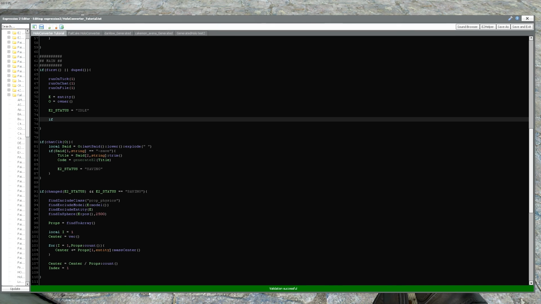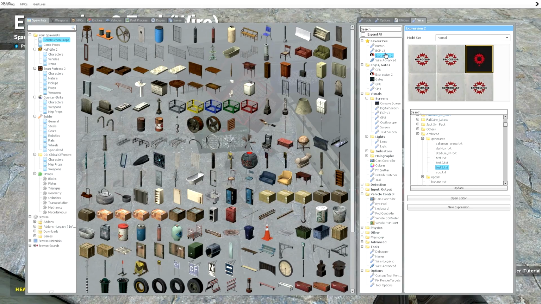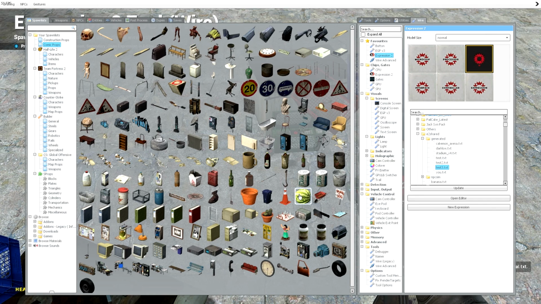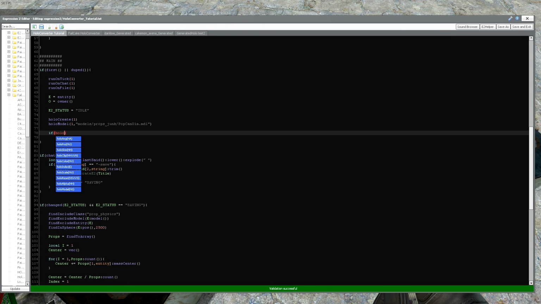So what we do is, it's really simple. Just do one Holo model 1 and just grab, like I usually use the canister, so this one. And now if Holo entity 1 is different from this,